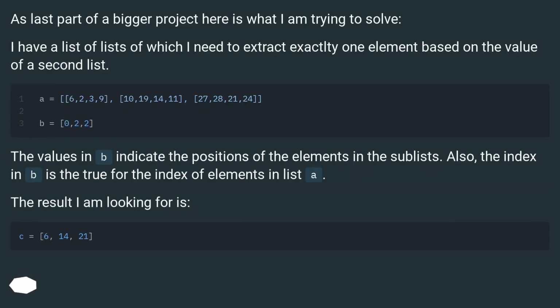As the last part of a bigger project, here is what I am trying to solve. I have a list of lists of which I need to extract exactly one element based on the value of a second list. The values in B indicate the positions of the elements in the sublists. Also, the index in B is the same as the index of the elements in list A. The result I am looking for is